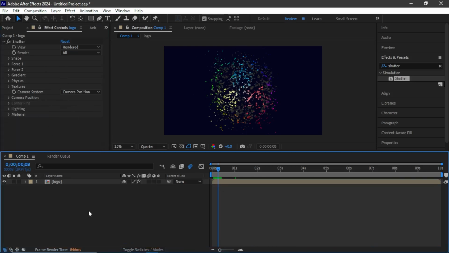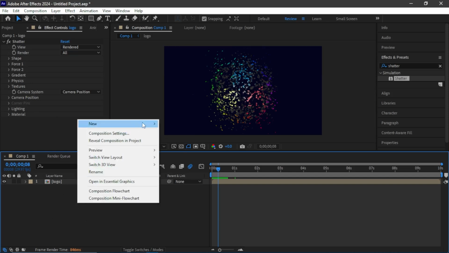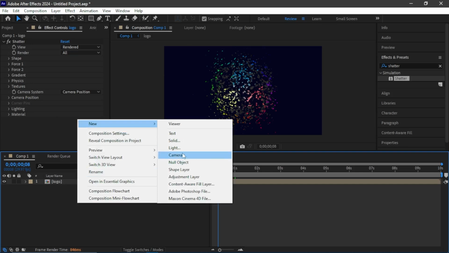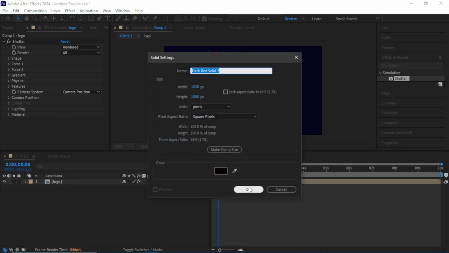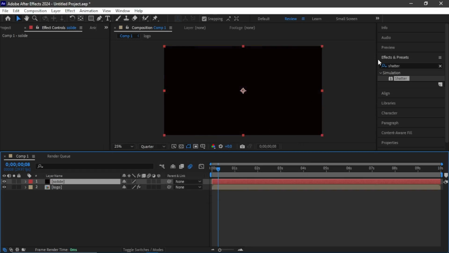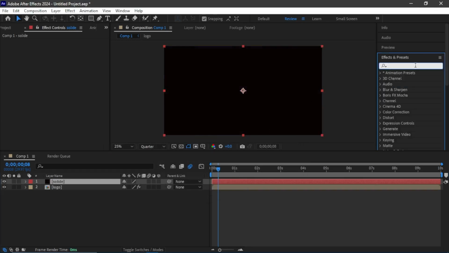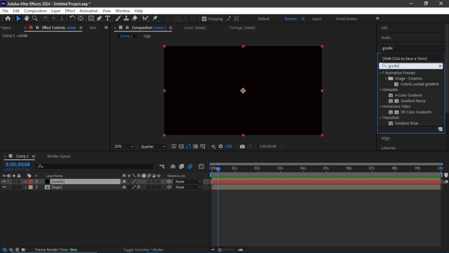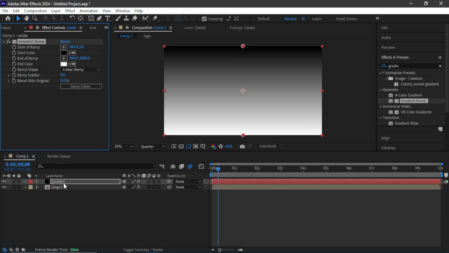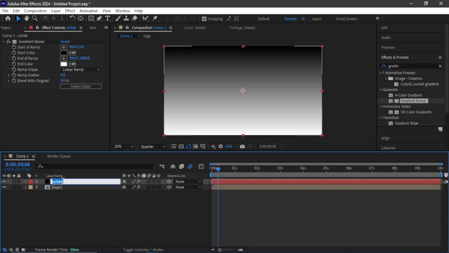Then we are going to come down here, make sure nothing is selected. We are going to right click and create another solid layer. We just name it solid. We click OK. Now we are going to be searching for an effect under effects and presets called gradient ramp. Now that's our gradient. Now we drag and drop it on our solid layer. We name this solid,